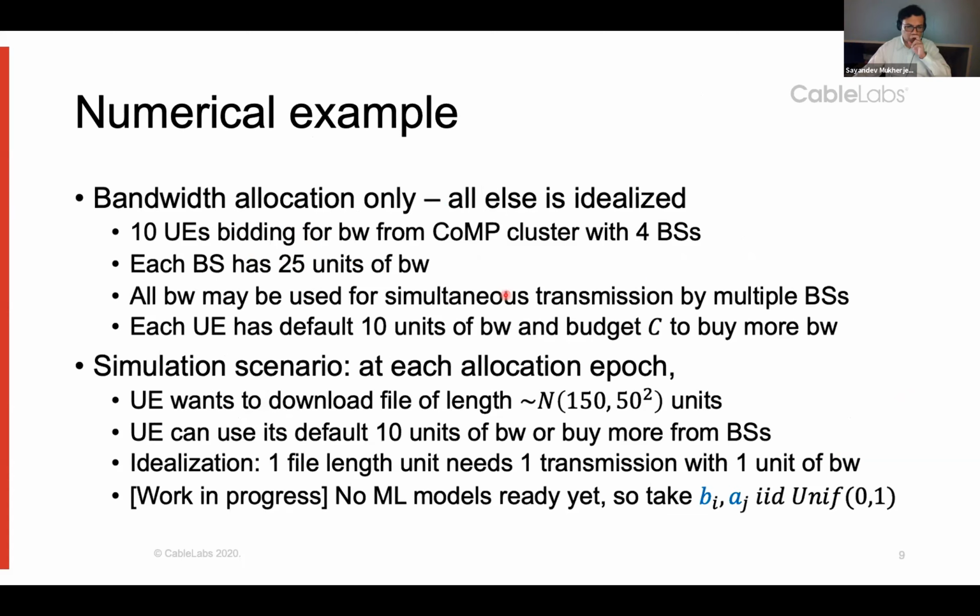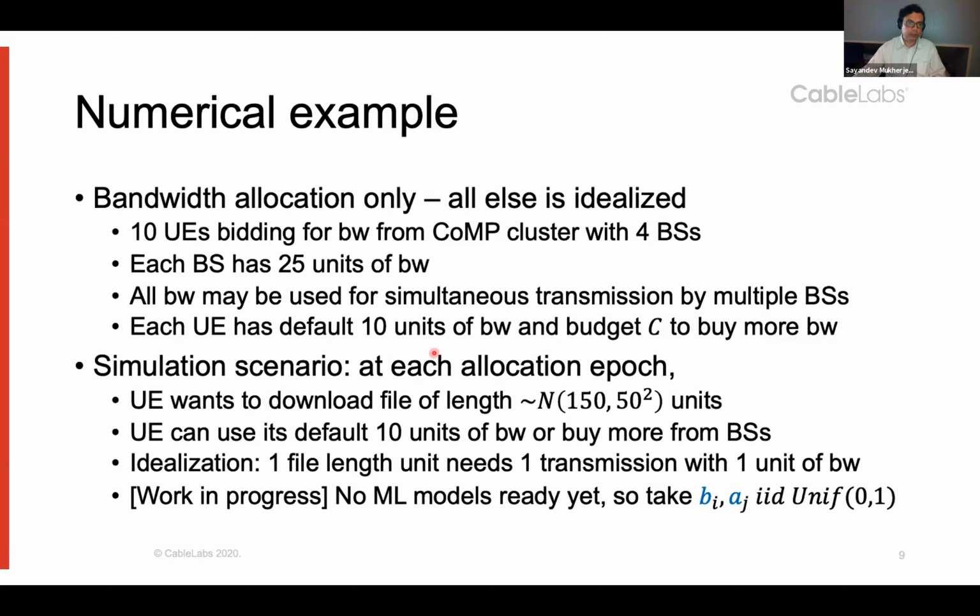Okay, and we'll go with these abstract units right now instead of talking of real world physical units, because for the purposes of comparison between different schemes, the exact physical translation of an abstract unit to a physical quantity like hertz or megahertz doesn't matter. Now, all bandwidth may be used for simultaneous transmission. We claim that. Each UE has a default of 10 units of bandwidth,